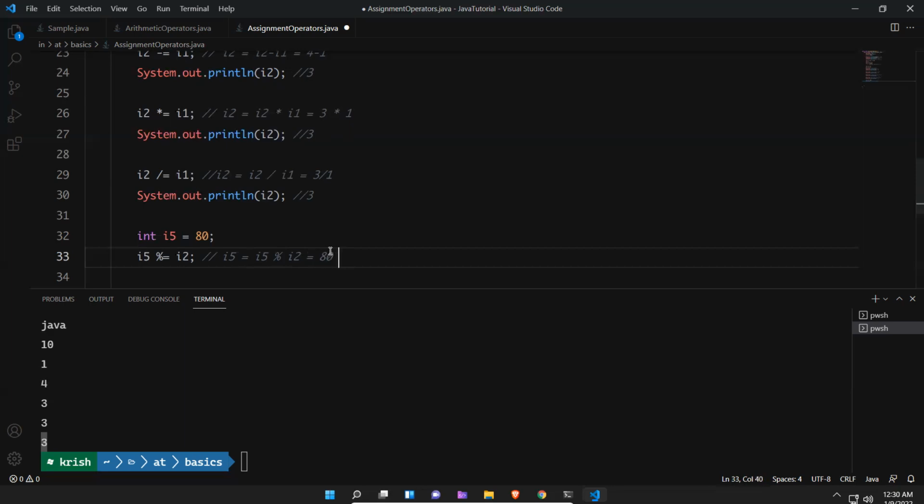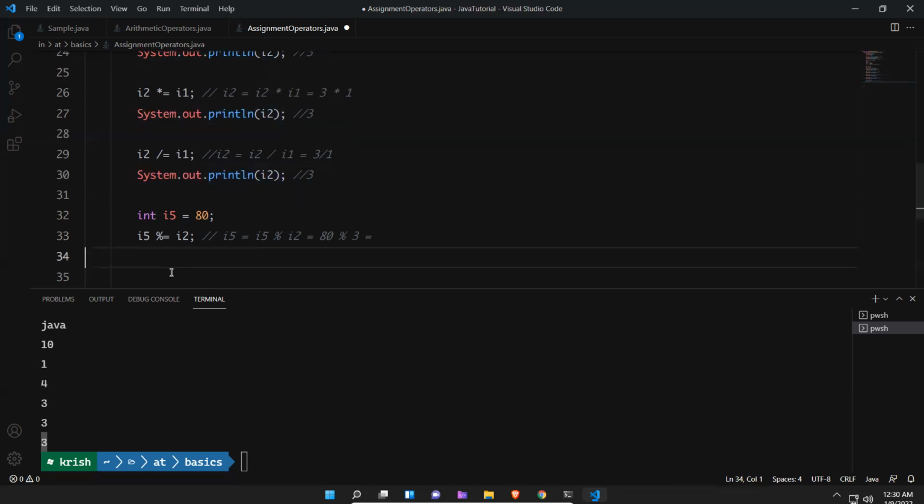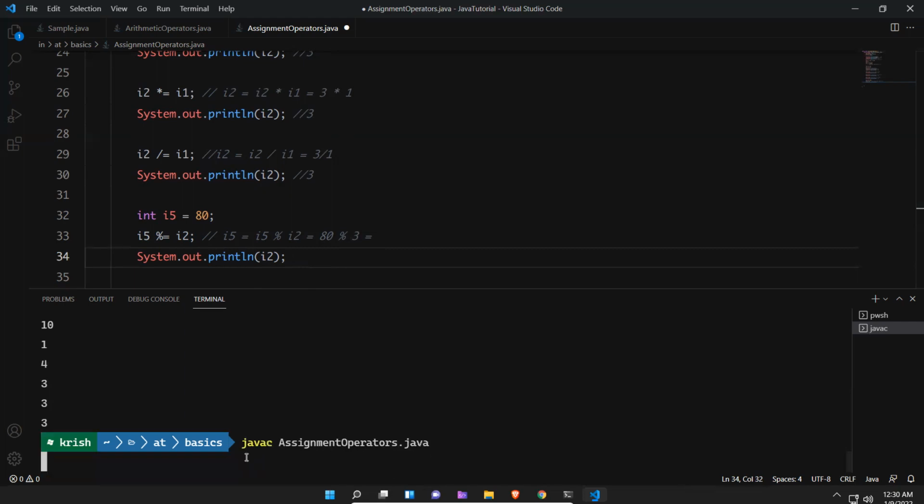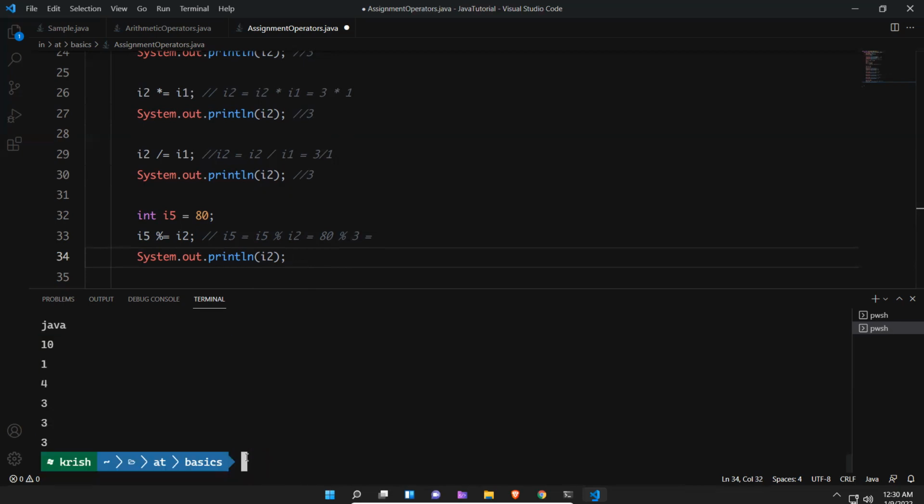80 modulus I2, which is 3. What is the value? We'll try to print and see. You should not get any error. So what happened?